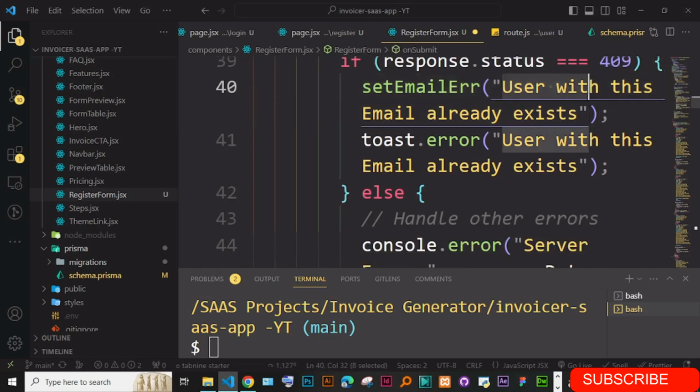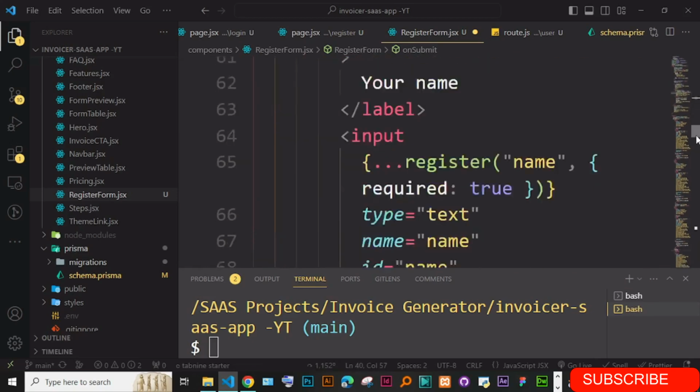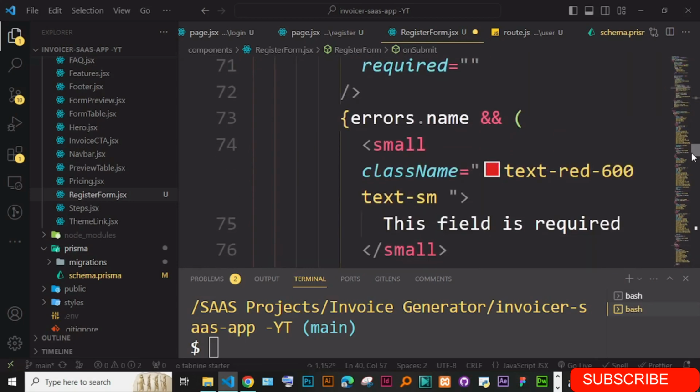And you don't need to use both, you can use one of them, it will work, but I wanted to show you how you can use in both cases, if you want to use the toast or if you want to set it and see it on the UI. So you set the email error, and after setting it, now we can actually display it on the email. So under the email,